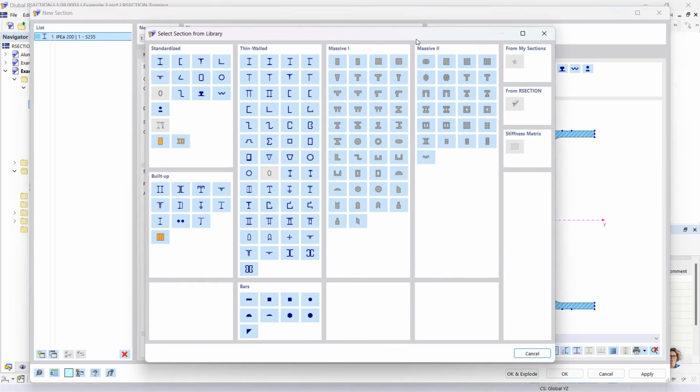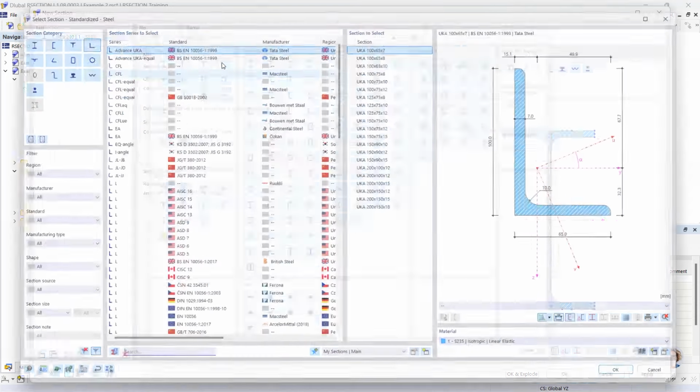A large number of profiles have already been entered into the profile library, and I want to choose here a standardized L profile, and the name is